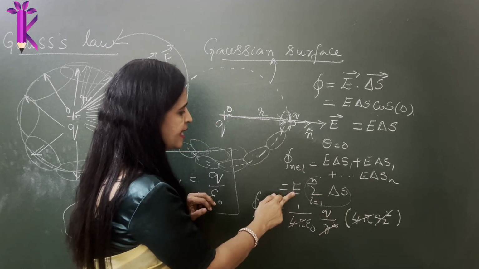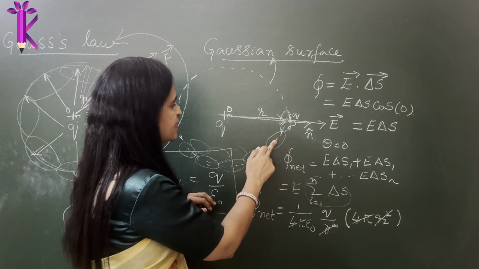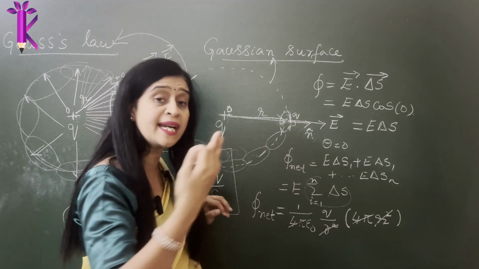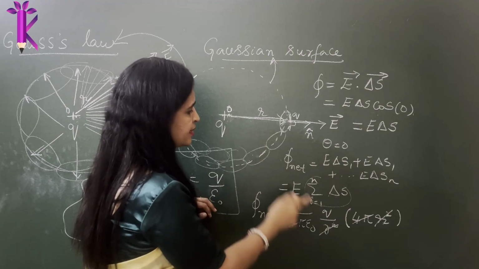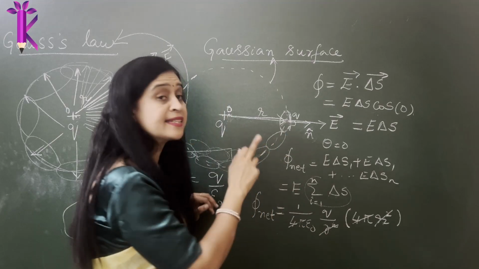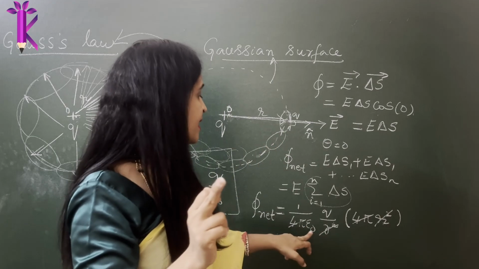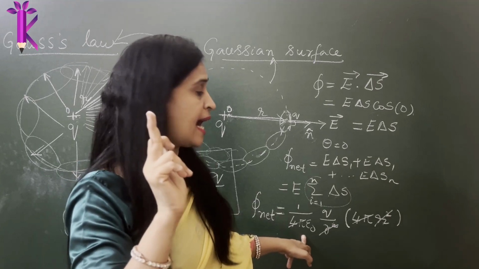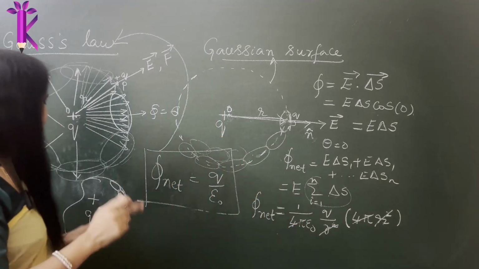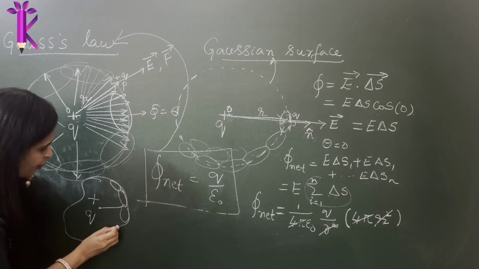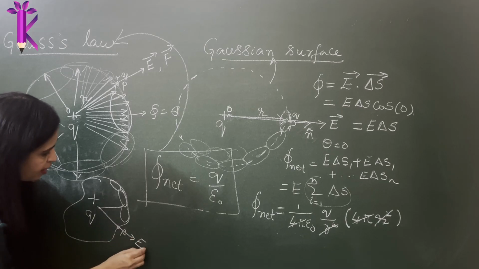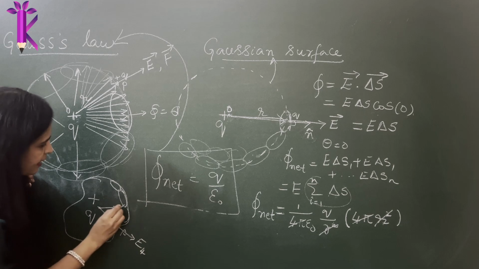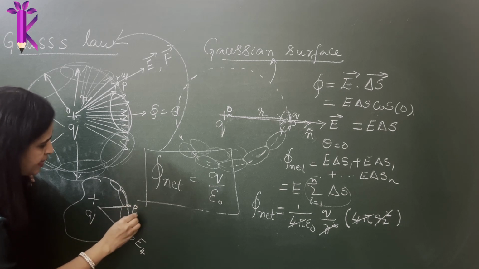What is E? E is the electric field experienced at the point P. So everywhere it experiences the same field. Why does it experience the same field? Because it is the same charge that is producing the field, and at every point, since it is a sphere, the distance is the same. The very important point, see, if you assume it to be any random shape like this, then you see that the point P will be closer here. So the electric field here, if I call it E4, and the electric field here at a point P1, and this is a point P4, will not be the same.